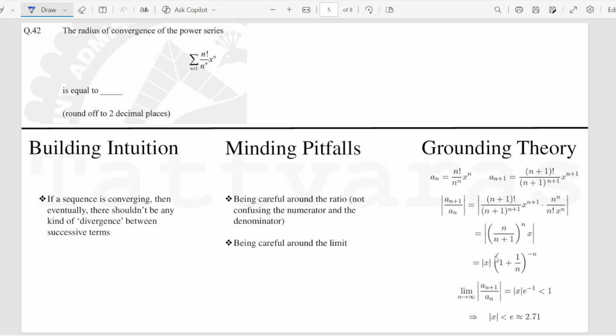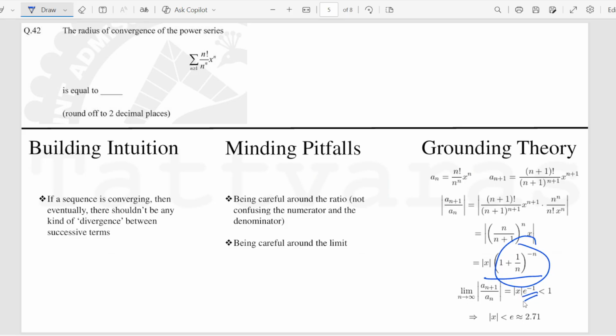And when you are simplifying and eventually you come to a point where you have the variable x and you also have the expression of the function of n and you take the limit, this thing is essentially going to be e to the power minus 1. That's a standard thing that you should know. And